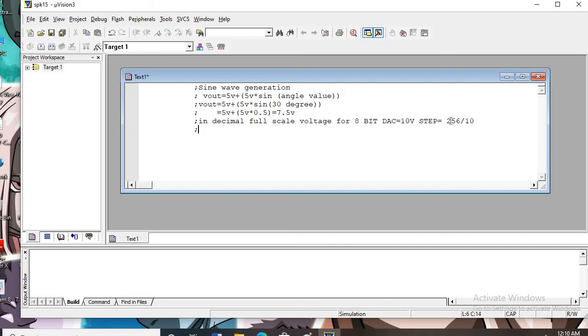So each voltage magnitude is multiplied by 25.6 and sent to the DAC.